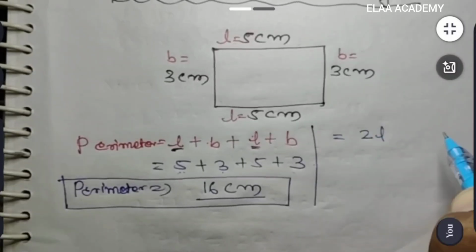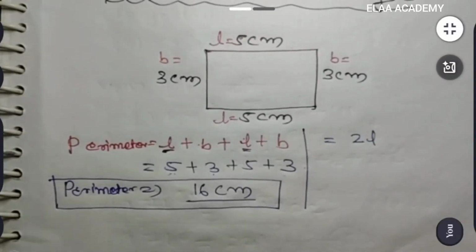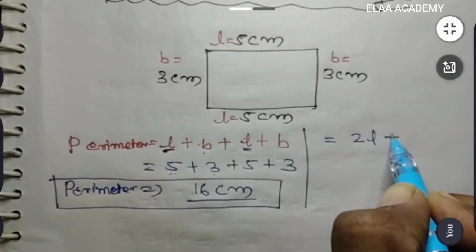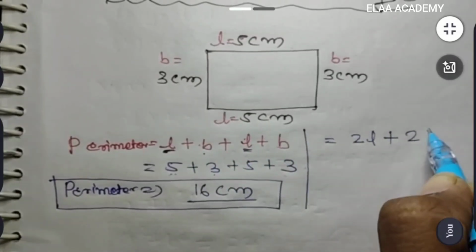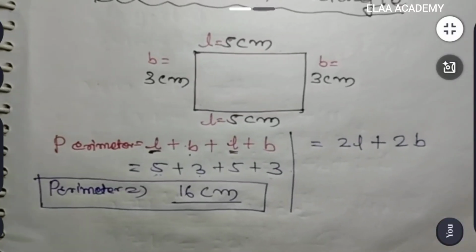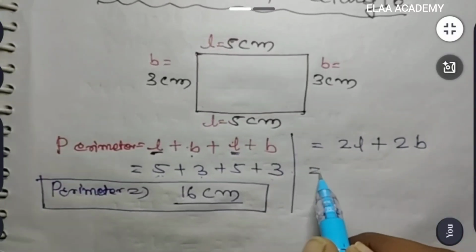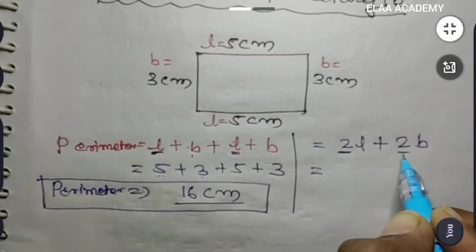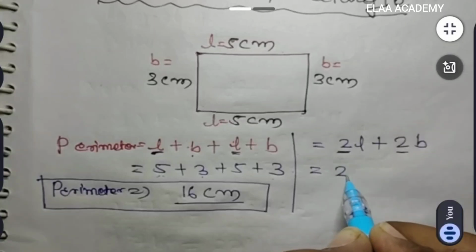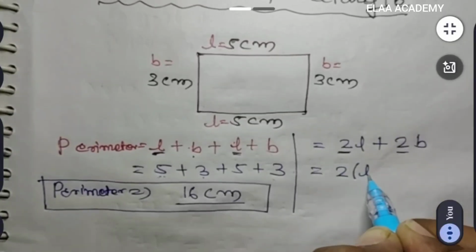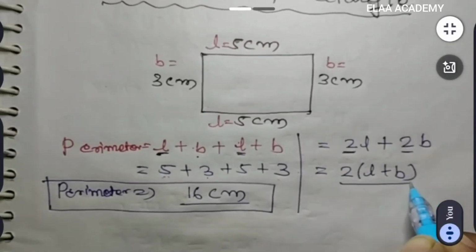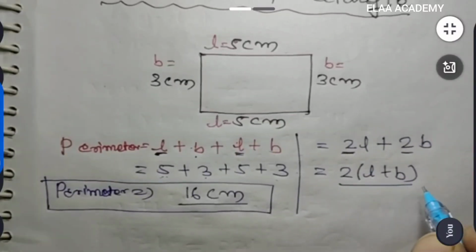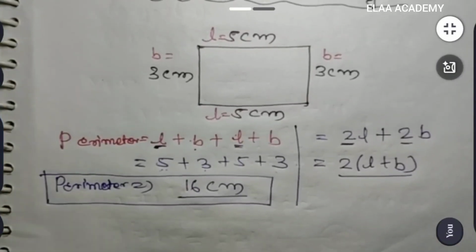So we have here L and L, L plus L we can write as 2L. Can I write 2L? L plus L I can write 2L, and B plus B I can write 2B. ठीक है, B plus B I can write 2B. Okay, then I am finding 2 is common here. 2 यहाँ पर कॉमन है, तो अपन क्या करेंगे, 2 बाहर साइड लिखेंगे एंड ब्रैकेट देन L plus B. Can I write it like this?